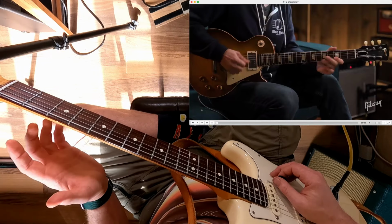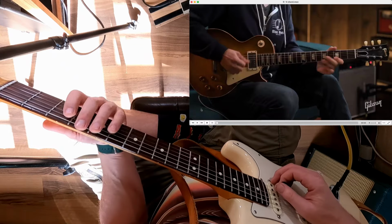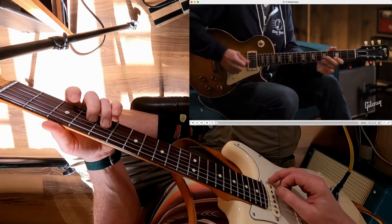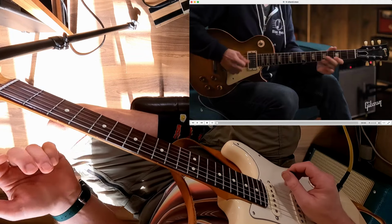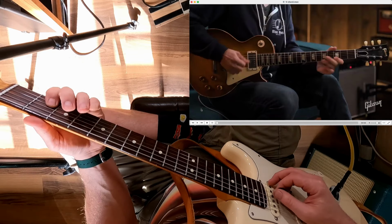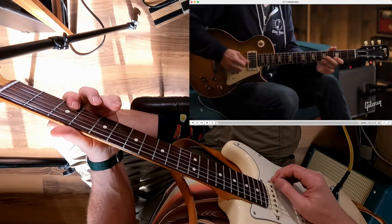So you can think of D minor pentatonic. So we've got G minor pentatonic first of all, box 1. And then D minor pentatonic in that same position would be this. So the lick starts,